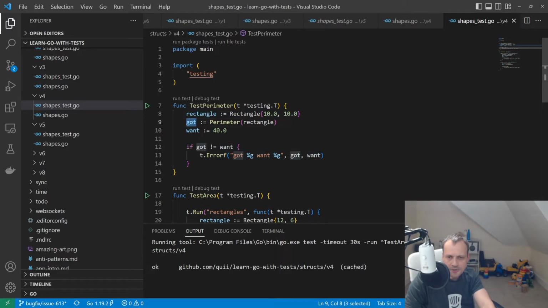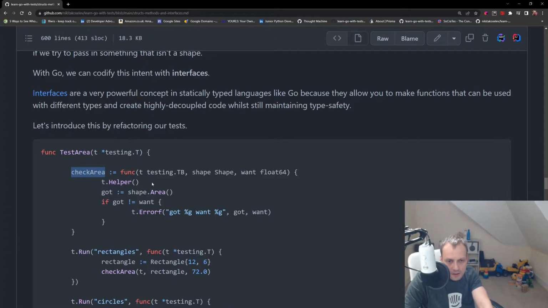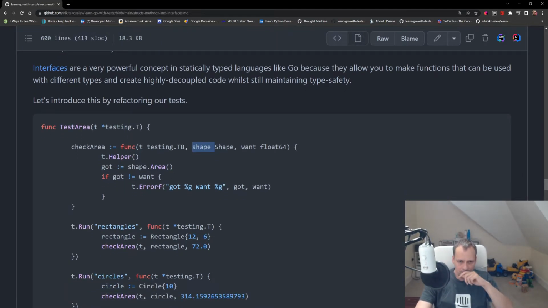So we had those numbers, so we will get a rectangle structure, and then we'll calculate perimeter, and then we'll say how much we want, and then only then we'll compare it. But it can be done this way, so we are giving it a test and we are giving it a shape, and dragging is what we want. And then we call area, but